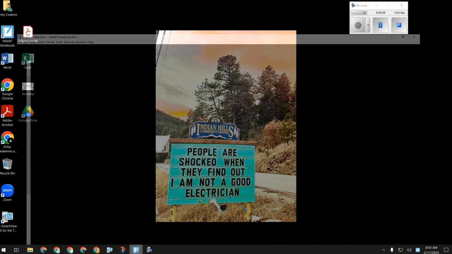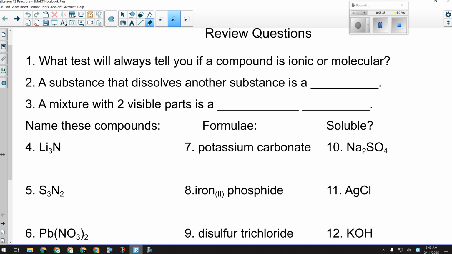Now, I've got some review questions on here that I want you guys to write down and try, and then we're going to go through them together. This is basically all the stuff from lesson 4 to where we are now, just to practice a little bit and review what we've been doing. A couple of fill in the blank here. It's not a quiz, not coming in from us, it's just for review. And for these ones here, I want you to name them, and I also want you to tell me whether or not they are soluble,